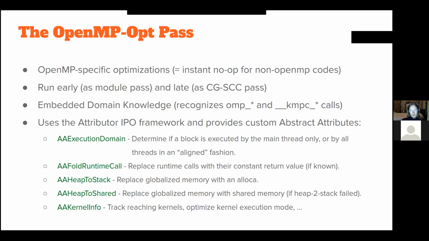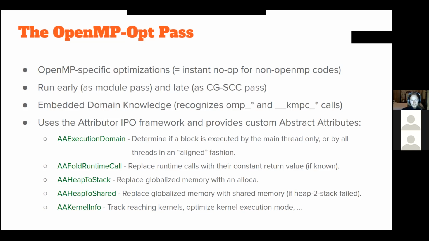So we can track OpenMP runtime calls, and we know beforehand what they mean, and then we can determine that, oh, this was the call to make a generic region, or this was the call to allocate a globalized variable. To do the actual optimizations, we use the attributor framework to do inter-procedural optimizations. The attributor is basically a framework that allows you to do these inter-procedural optimizations by iterating a condition until you reach a fixed point. So we can take some analysis and repeatedly apply it, and then once we don't change after a single iteration, we've reached a fixed point,